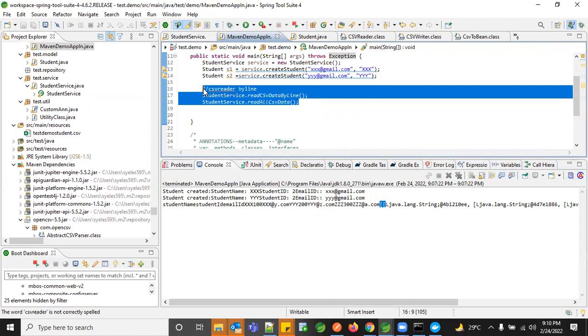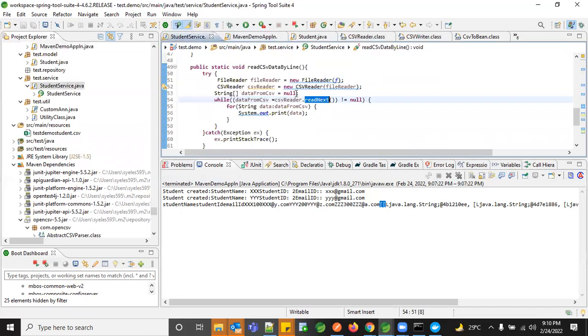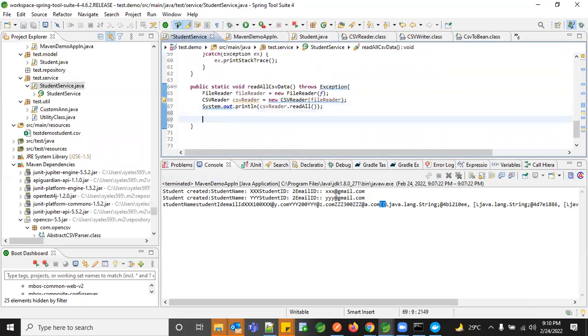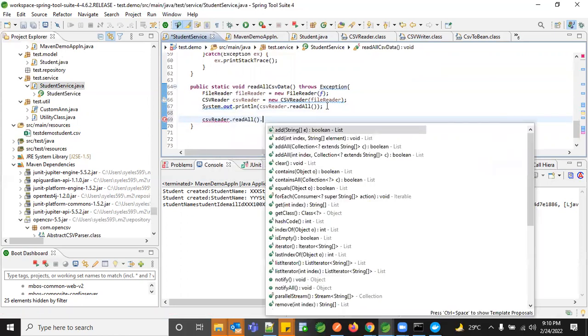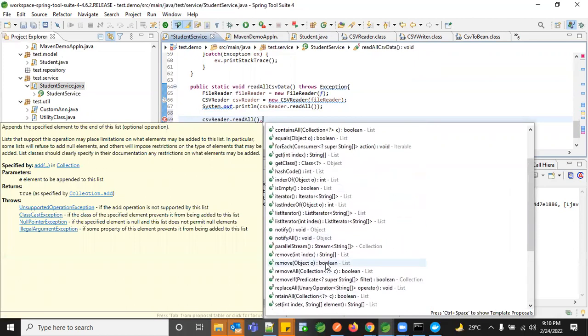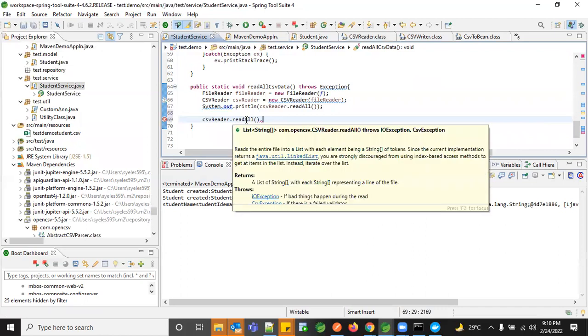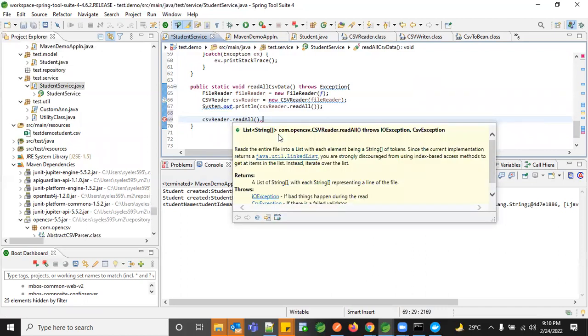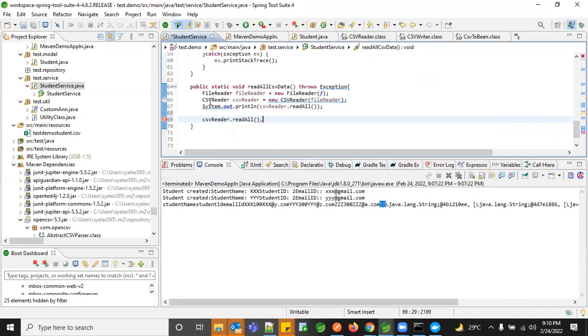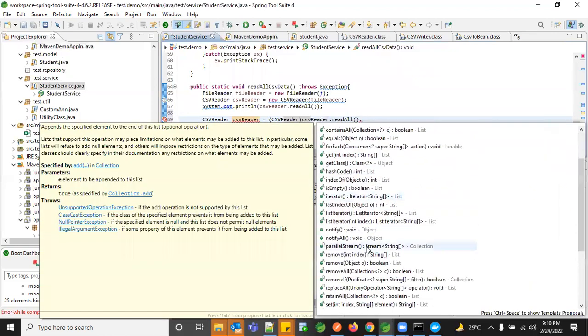Yeah, okay. In the same thing, let's have something like this. CSV reader dot read all. And if you see, there are multiple options you get after doing this read all also. The read all is something you get as a string array. If you don't want it as a string array, and you still want it as a reader object itself, what do we do? You just type parse it. Now if you see the methods,